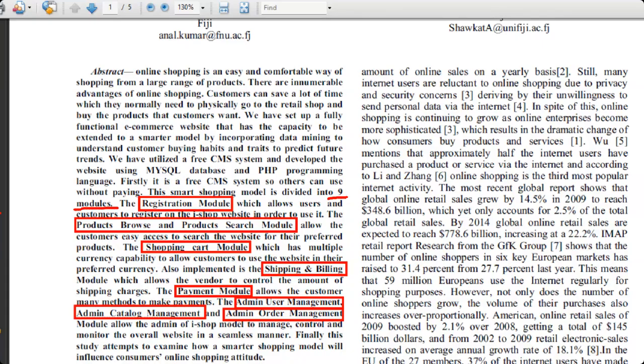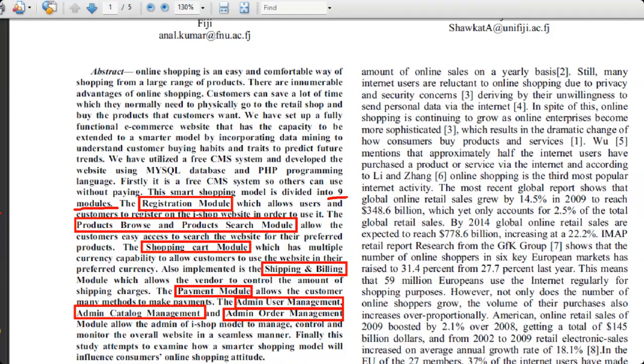So we need data for admin user management, because user details are stored, and admin must be able to add, remove, and do all this. We need data for catalog management. We need data for order. All of them need data, but one doesn't require data. Here, payment module doesn't require data. So what a developer has to do is, first, identify the modules that need data.